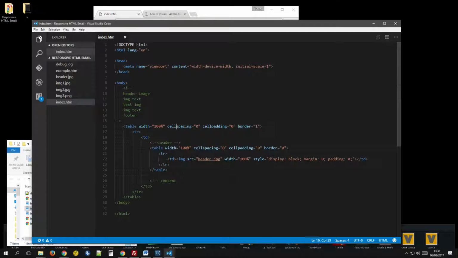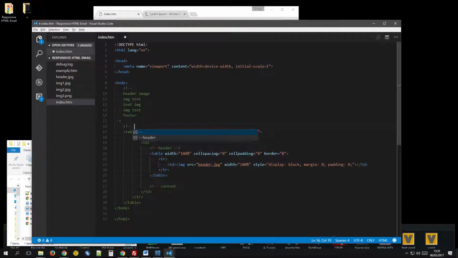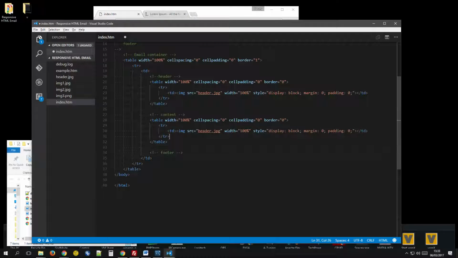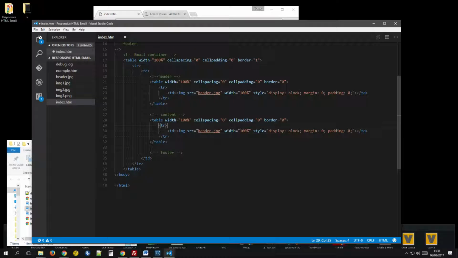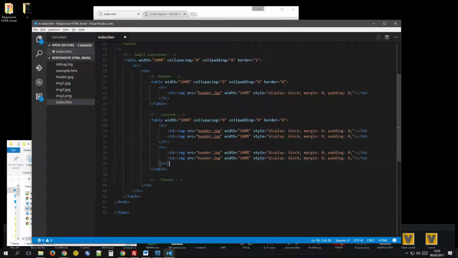Contents. So let's just give this a name, container. Take that again, put that in there. But we want 3 rows of text. We want this, this, and this. So we're going to have 3 tables. This is because one side is going to be different. We can only put 100% I'll show you. So